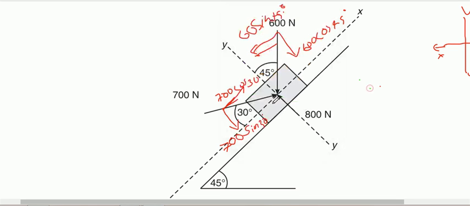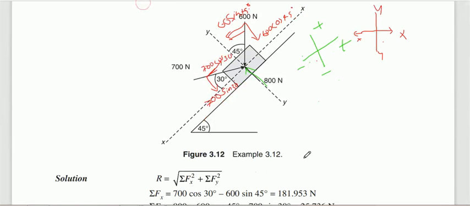And another force is there, that is 800. This is a vertical force only. There is no need of resolution. Now you have to apply summation of Fx and summation of Fy. You just need to find the value. Again with respect to this you need to consider the direction. Positive, positive, negative, negative. So 600 sin 45 will become negative, 700 cos 30 will become positive, and the vertical forces both are downward, so negative, and 800 is only positive. Now just apply that condition.